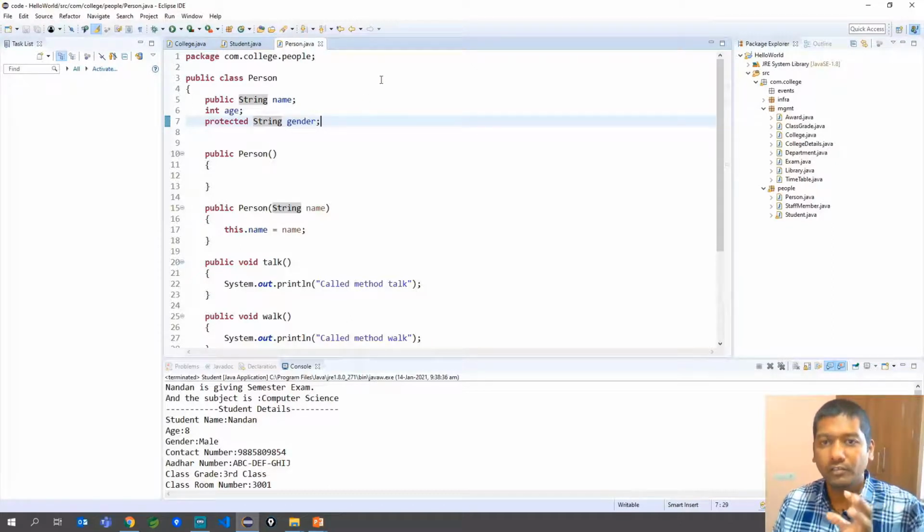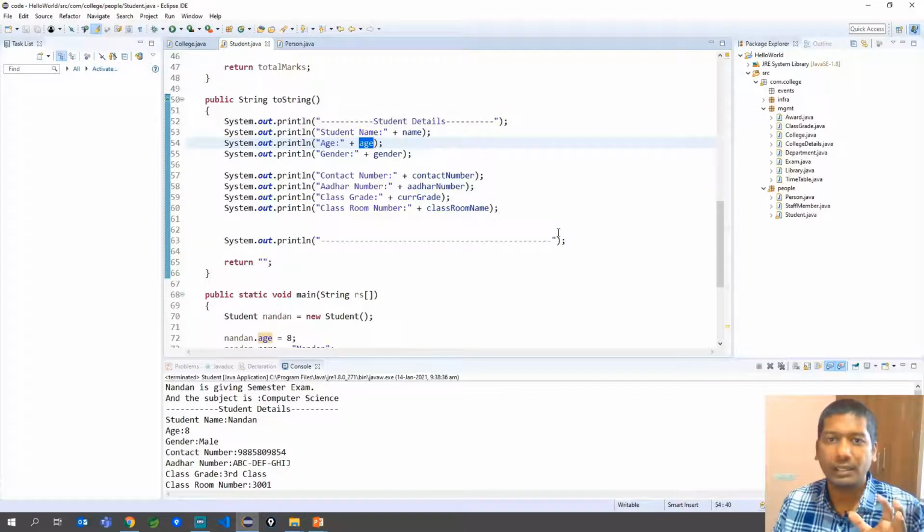Okay. So now if you see here, after I change these 3 into different access modifiers, I don't see any compilation errors, which means from student.java we are able to access these 3 data members even though those 3 are different types of access modifiers. If we go back to the slide, we will see a little bit more details.